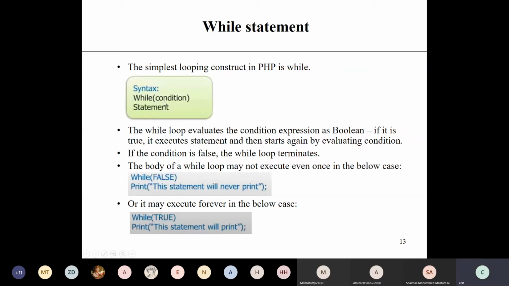If this is false, then nothing will execute. That's why in this case it will not print anything because you are writing while false. And in this case, this will print infinite times, because while true, you don't have anything to check. You simply write while true, just print this.